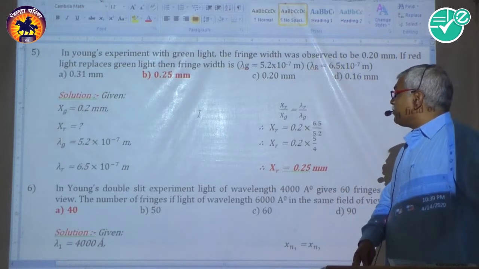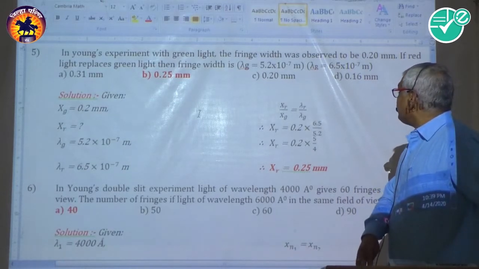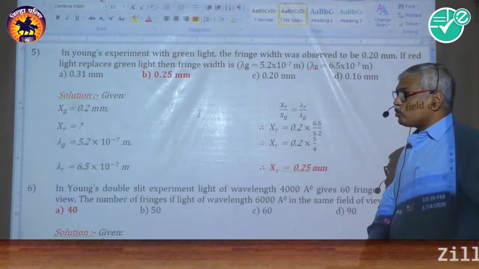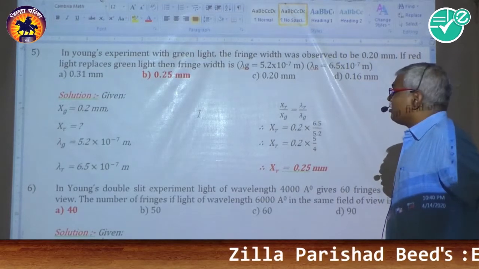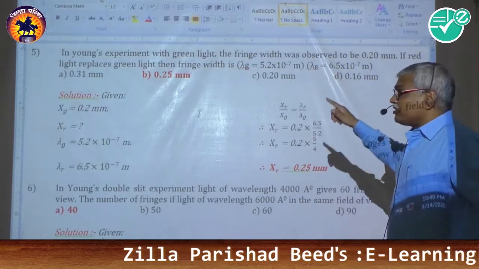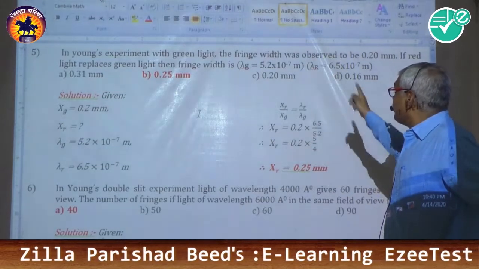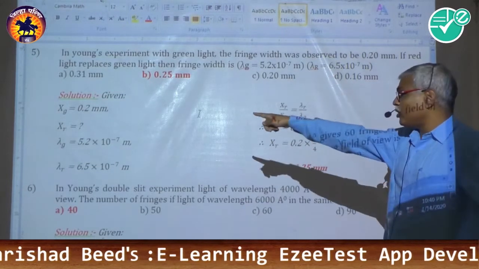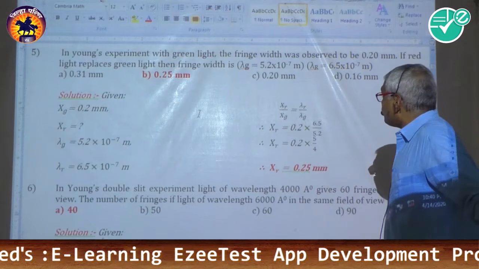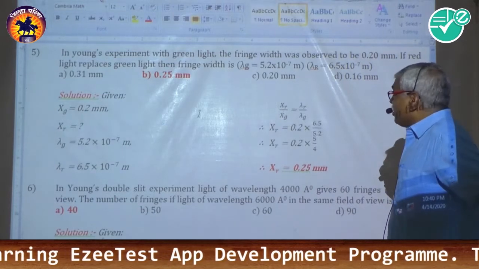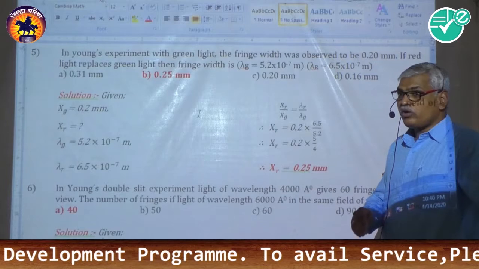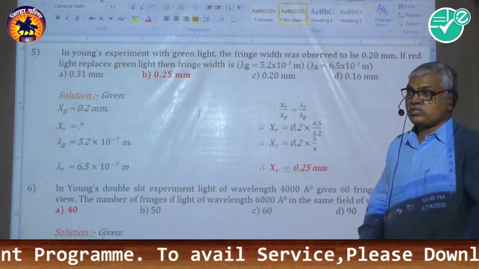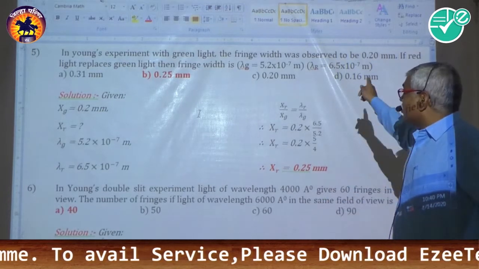In Young's experiment with green light, the fringe width was observed to be 0.20 millimeters. Fringe width, that is capital X, is given, but it is for green light. Therefore, I have written Xg is equal to 0.2 millimeter. If red light replaces green light, that is, if we have replaced the green source by red source, that is